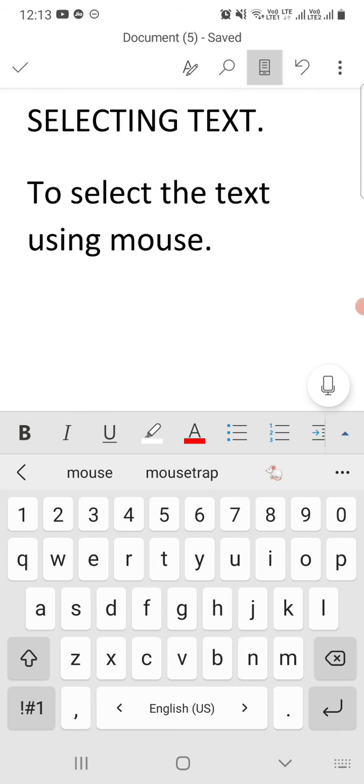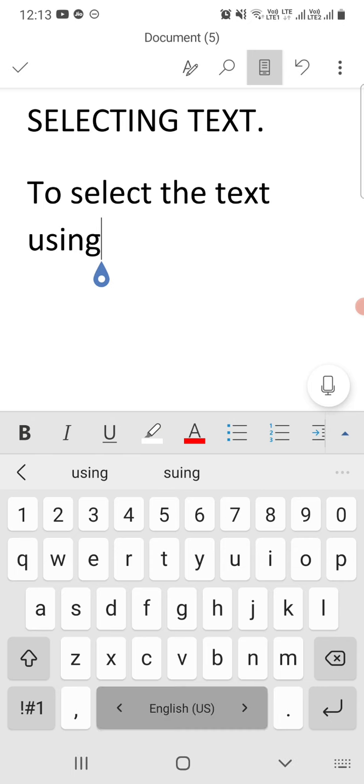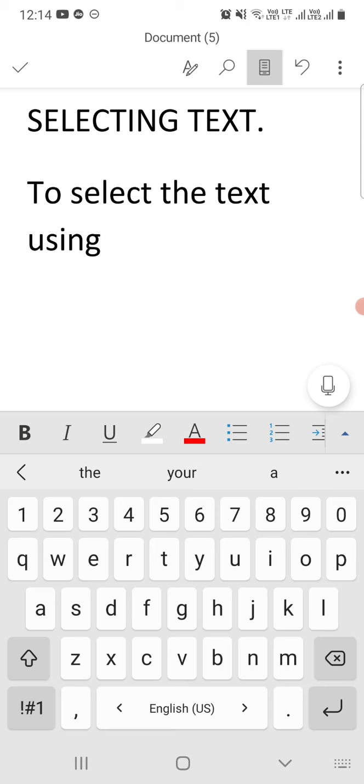Okay, so now here I want to change the text. So I am going to remove the text using keyboard. Now I am writing another word. That means I have changed the word mouse to keyboard to select the text using keyboard.